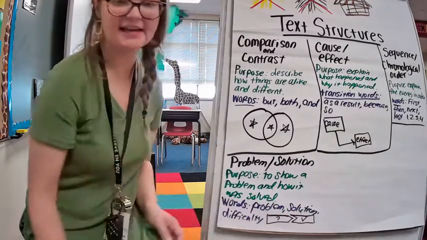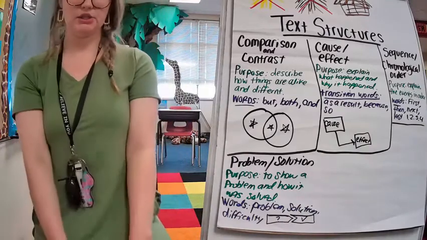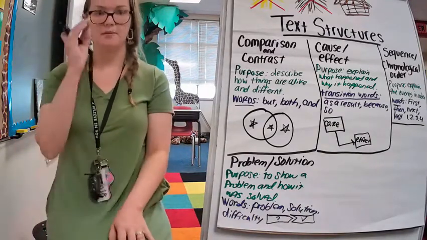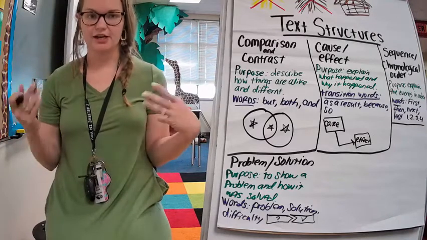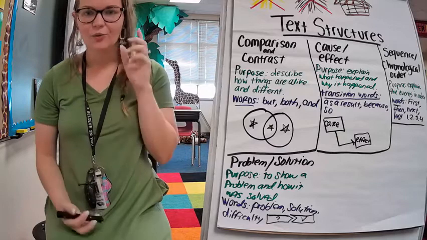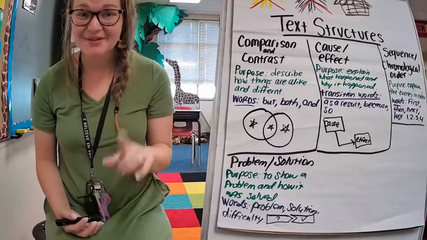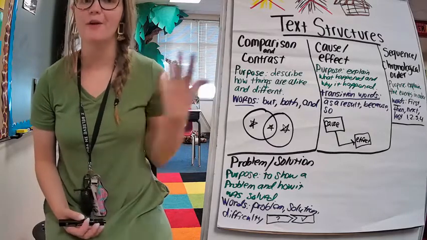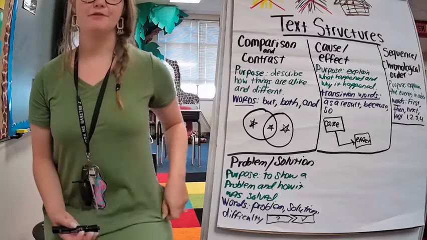you about the way they fixed it, the author probably chose to set up in problem solution so that he could describe to you a problem and how it was fixed. That was the author's purpose. Okay? We already got 4. You're doing awesome. There's only one more type of text structure that we see very often in informational text, and